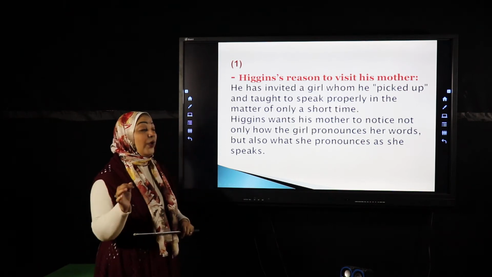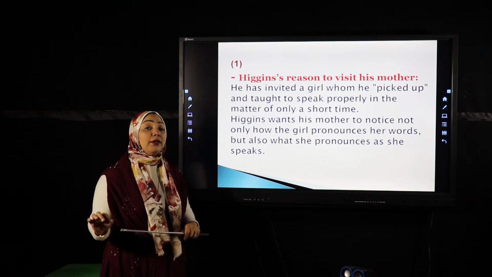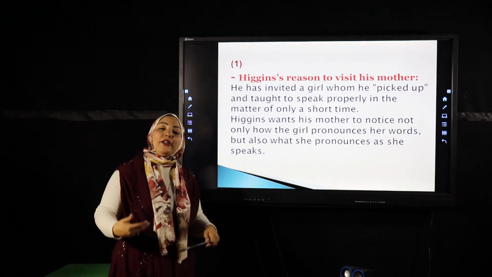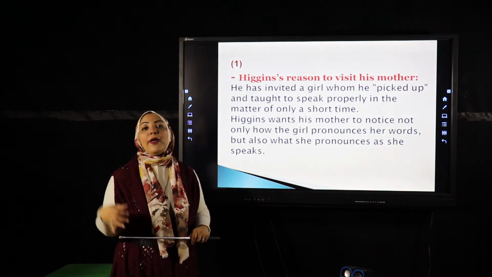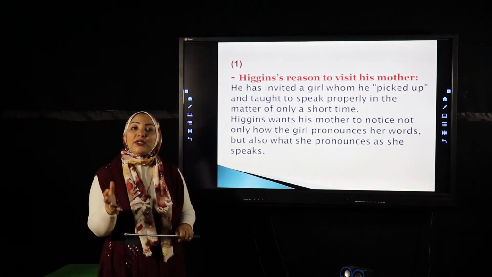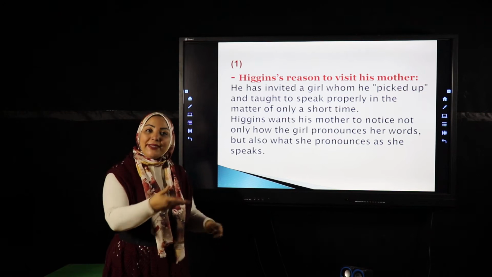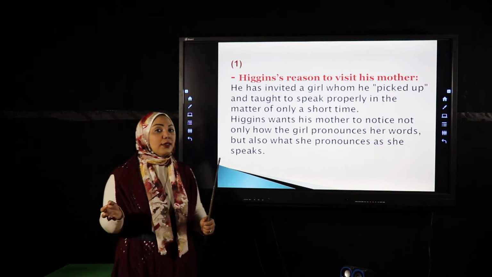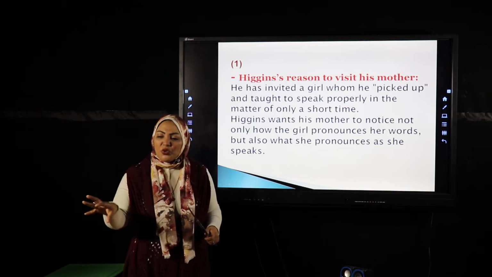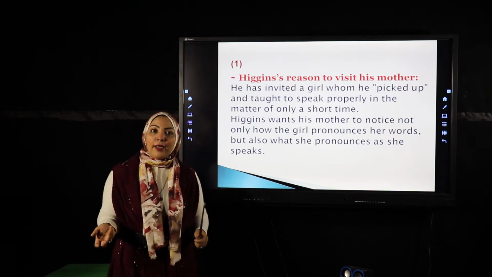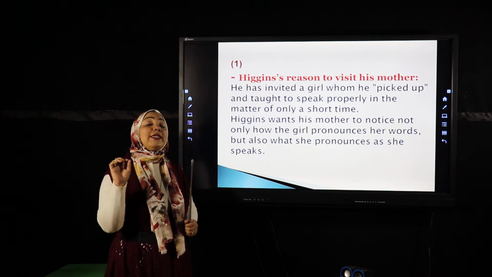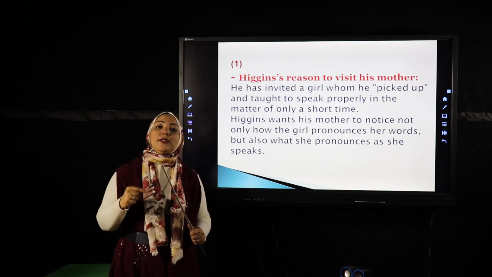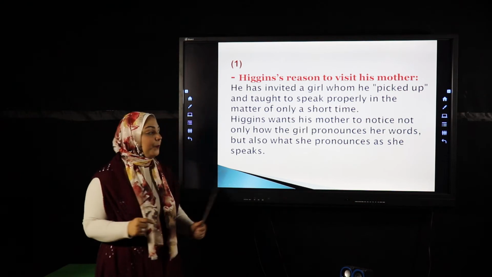So it was Eliza that he invited, and he wanted Eliza to make a kind of performance in front of Mrs. Higgins in order to decide if Eliza is presentable or not yet. Of course, the mother was very surprised. How come that you just picked a girl like this? He wanted the mother to take care of what the girl pronounces and how she is pronouncing these words.